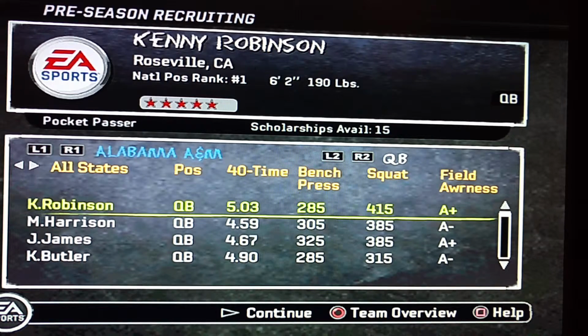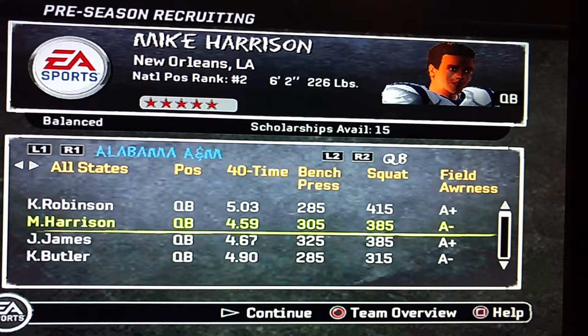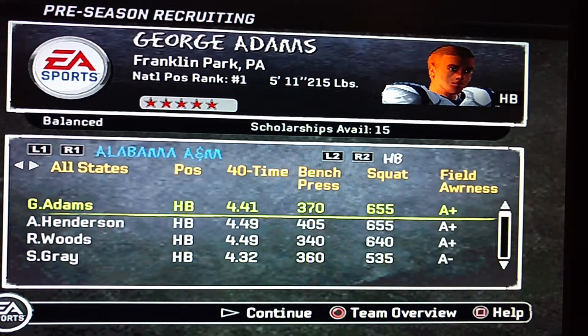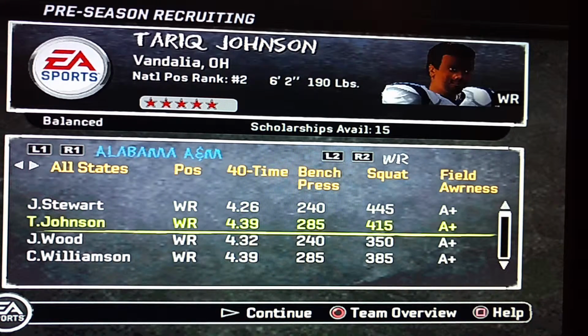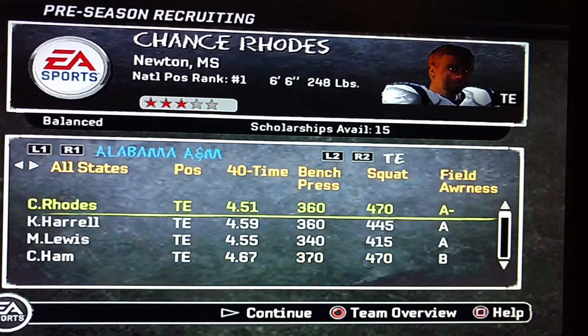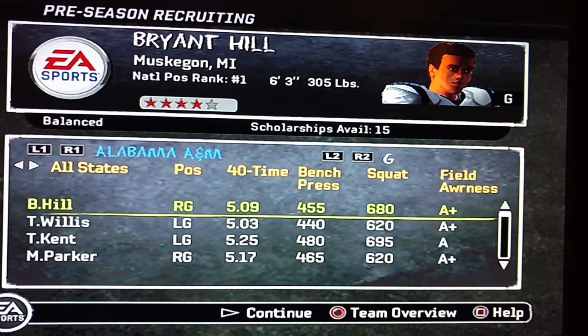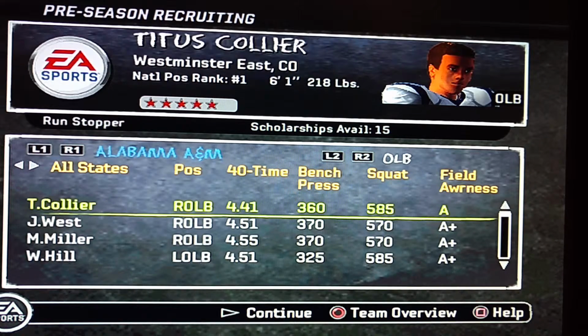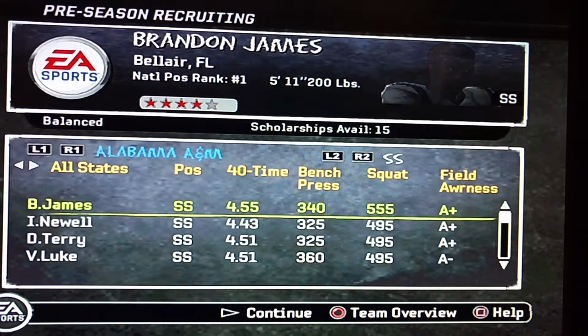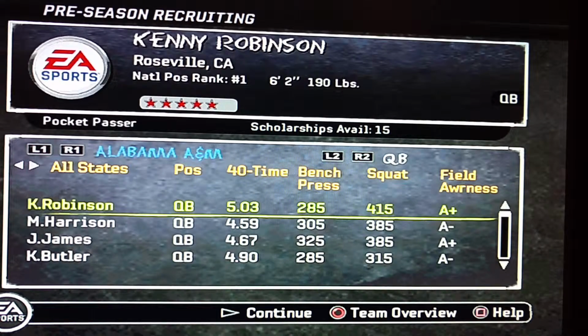In recruiting those teams, yeah, you have a couple here, but you see Mike Harrison from Louisiana, and a lot of guys from Texas, Florida. Receivers, obviously, are a little more all over the place there, but I have a 5-star tackle from Louisiana here. Really good middle linebackers. Obviously, a 5-star corner, a 5-star free safety. So, what I like to do here